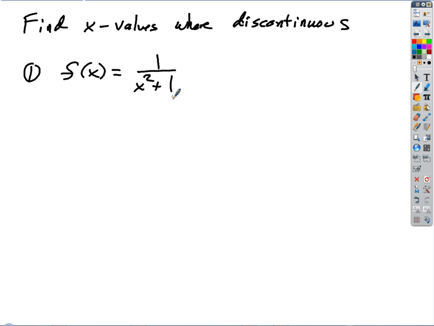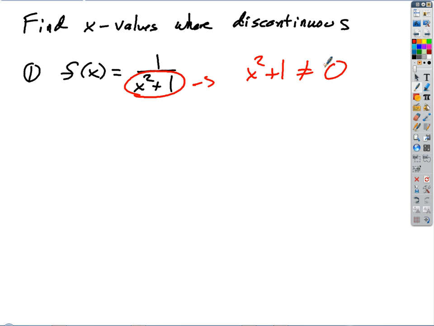Okay, there are no even roots going on there, but there is an x on the bottom, and so we've got to be careful about that first rule, right? So how are we going to solve that? Let's see. There's a danger zone, right? There's a red flag that goes up on the bottom of our function. Let's just encapsulate everything in the red bubble. So that's the part of the function that could be problematic, right? That's the one that can't equal 0. So we'll just set x squared plus 1 not equal to 0